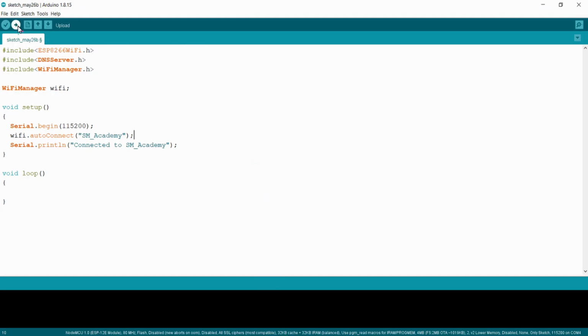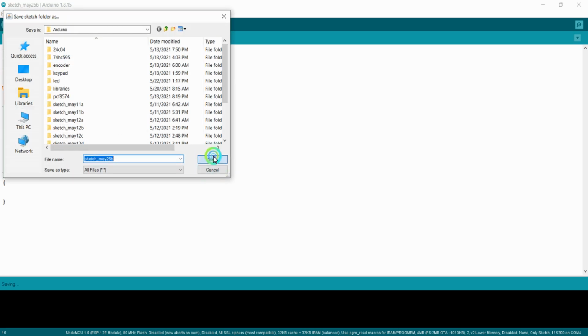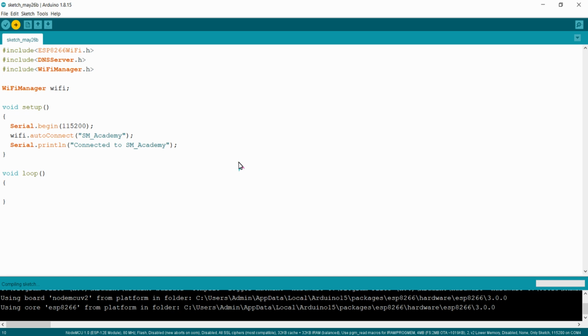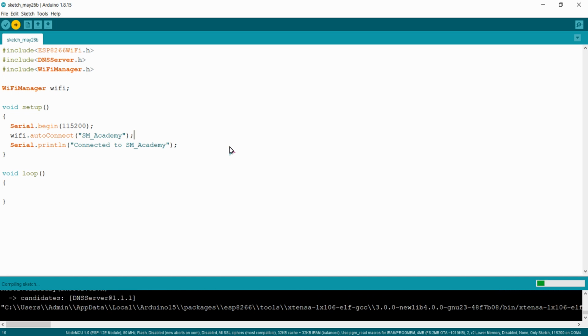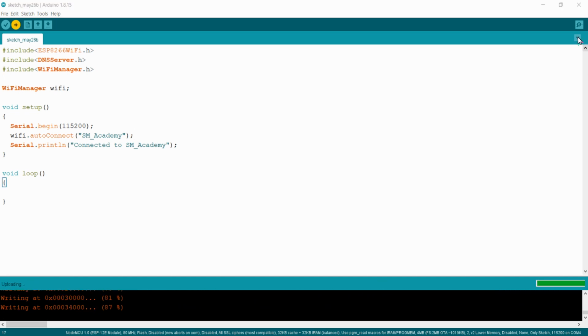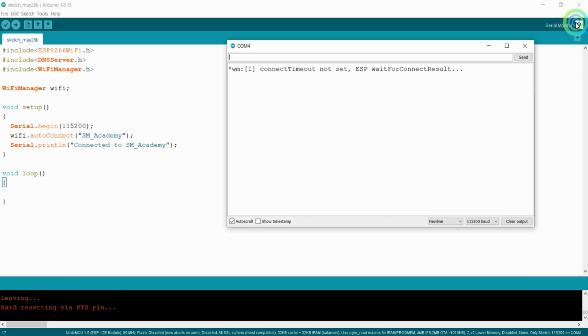I am going to upload the sketch to the NodeMCU. I'm opening the serial monitor.